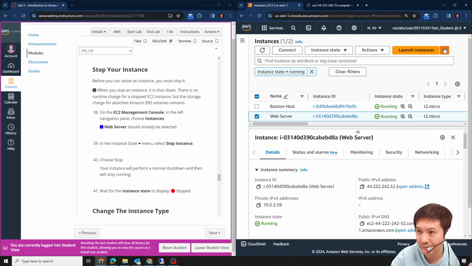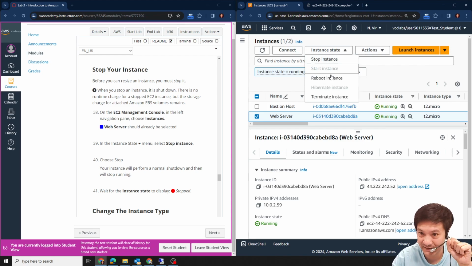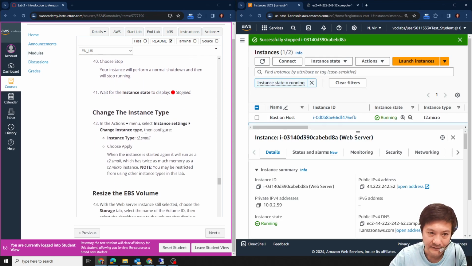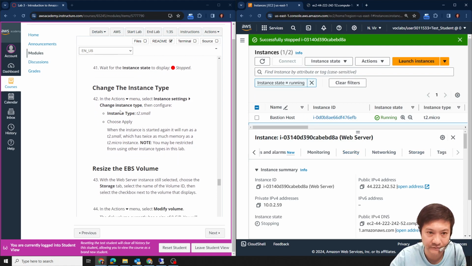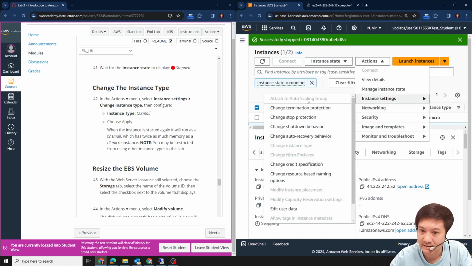OK, click on the web server here. And then we stop the server. Stop the server, don't terminate it. Remember, don't terminate. You kill the server, you need to redo the RAM. You just come here, click here, and then stop the instance. 記得係熄機，唔好殺機。And then you go to the instance settings. Very quick. You don't have to wait for it. 咁我哋而家去 instance setting 啦。Okay. We need to look for the action menu. Instance settings, and then